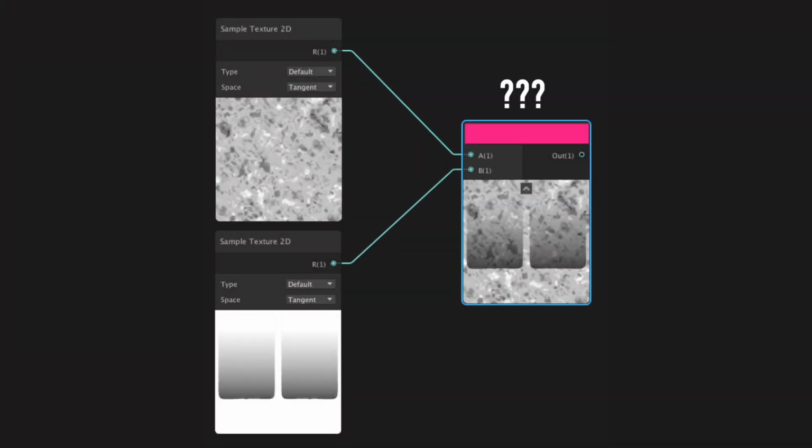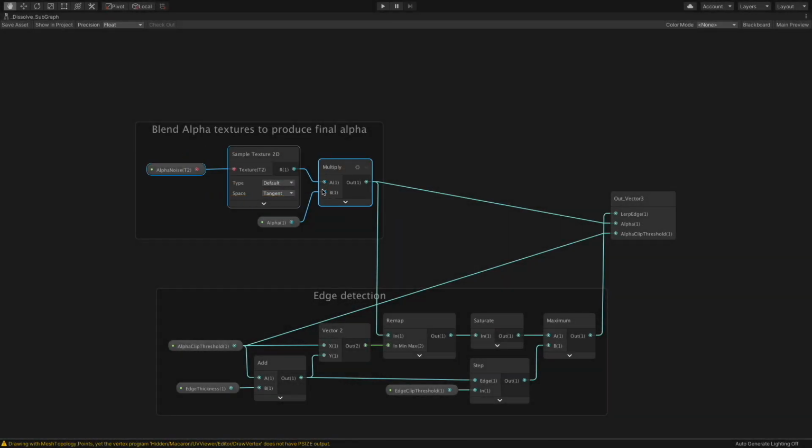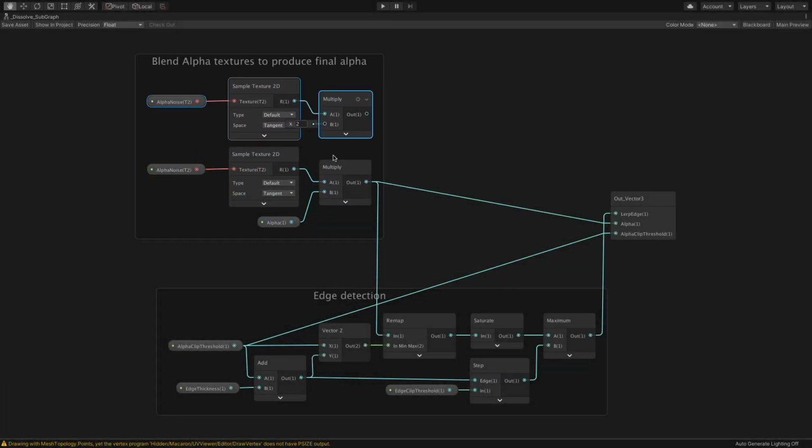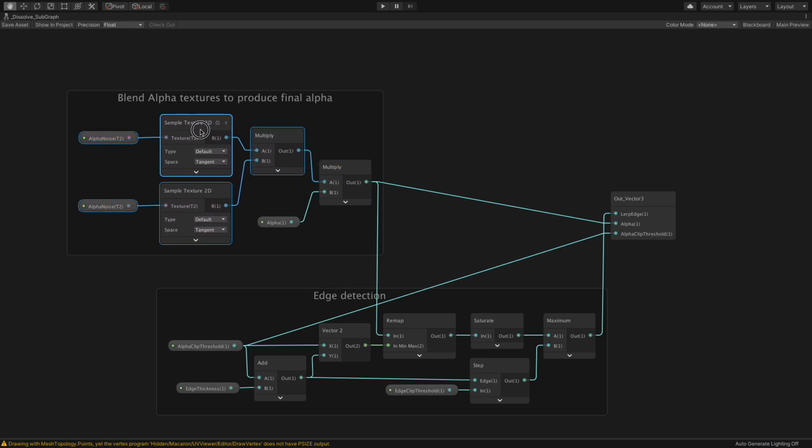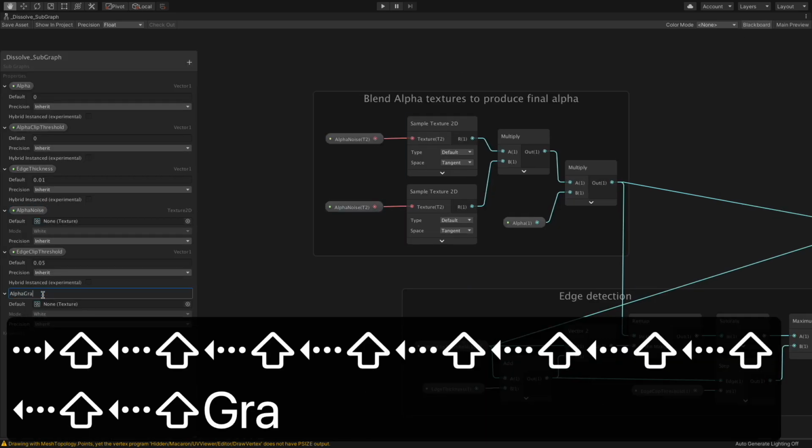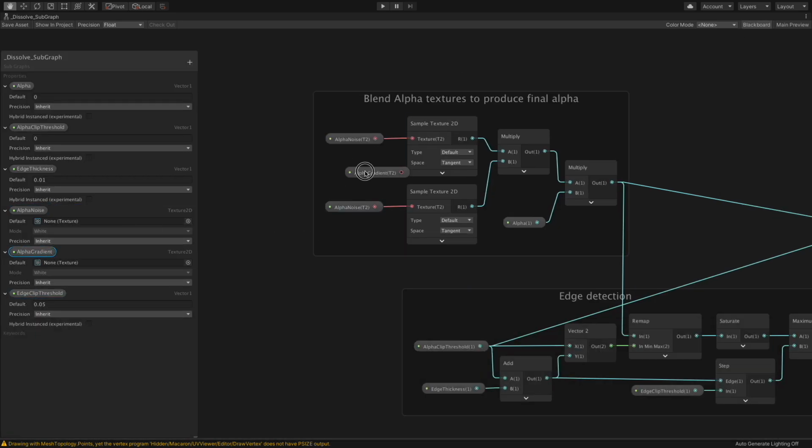In order to separate the noise texture and the dissolving direction, I would like to use an individual gradient texture to indicate the direction. I will combine them to produce a final directional dissolving map in shader graph. You can then pick any blending method you like to combine these two textures. My choice is the multiply node, just like the way we use it in the first version of this shader. With just a simple gradient texture, black at the top and white at the bottom, the produced alpha map can be used in a subgraph to make the playing card shown from the bottom to the top. Note that the darker pixels will be clipped first.